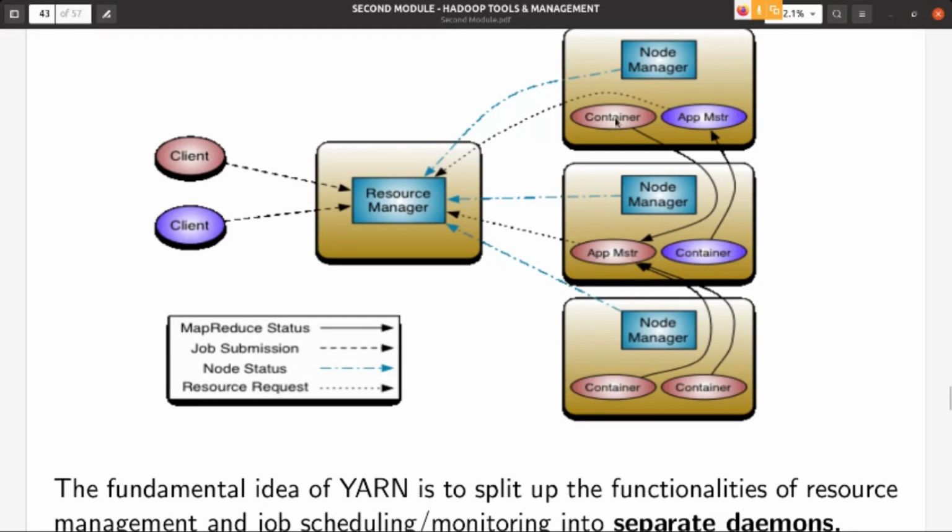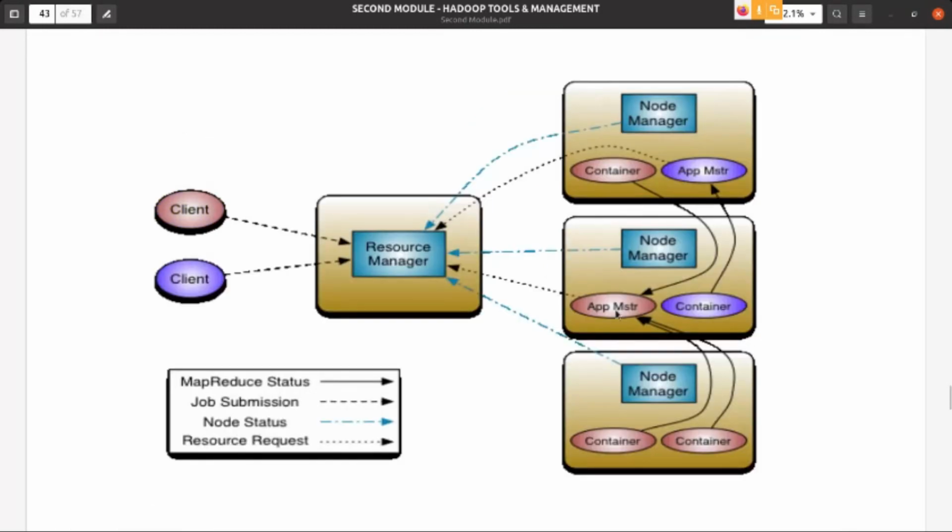This application master is responsible for one MapReduce task running in this cluster, and for that task to run it needs resources.